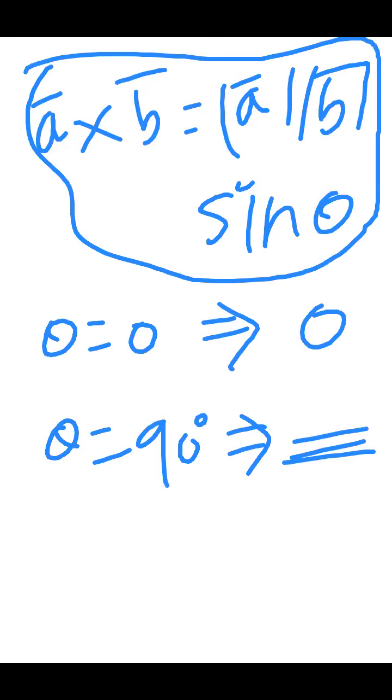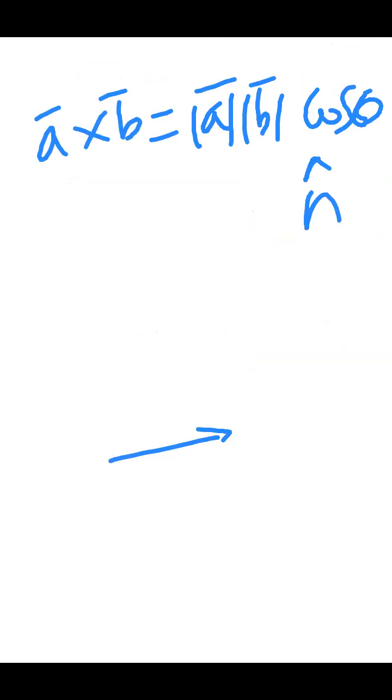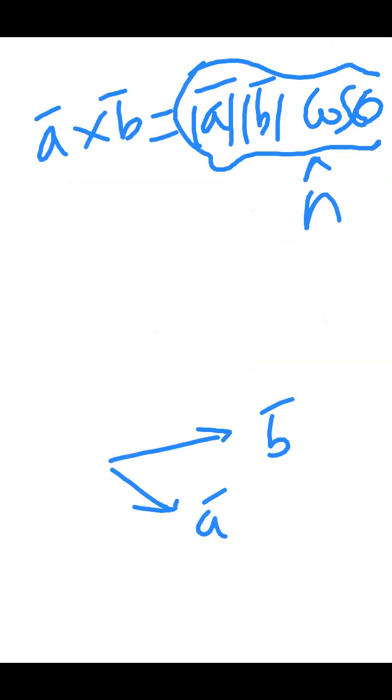And please remember, once we make a cross product, the new value will also be a vector. Clearly you have to mention this. If you have one vector A and B vector, AB cos theta, this will also have some direction. Say this is my A vector and B vector, on some plane, on the base plane. I will get some answer, but this answer will be in some direction. That is the idea here.